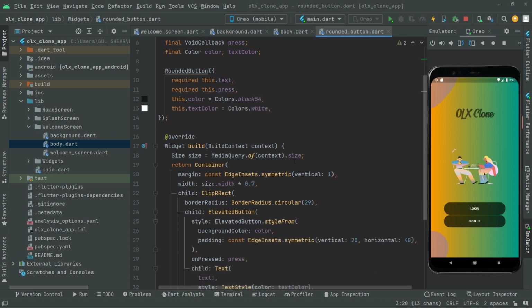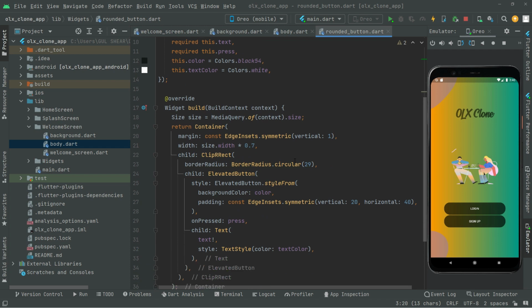It just simply passes that black 54, assigns it right in this color, and in here right in the background color we use that color. So that's why in here you guys can see that black 54, and similarly for the text color. There we go, simply for the text. So I hope